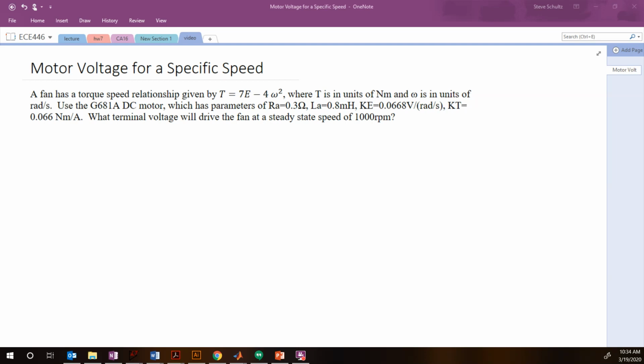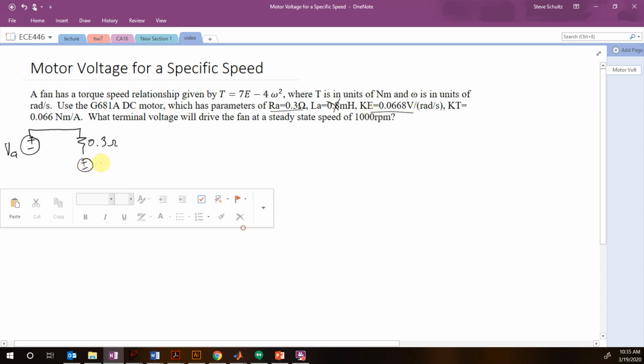Okay, so in this video, we're going to try and get the fan to be driven by a motor at a specific speed. So, like usual, we're going to start with our equivalent motor. Here is the voltage that we're trying to find. Here is our resistance right here. We're not going to worry about our inductance because we're going to be going too slow for that to really matter. And then we have our back EMF, which is right here,